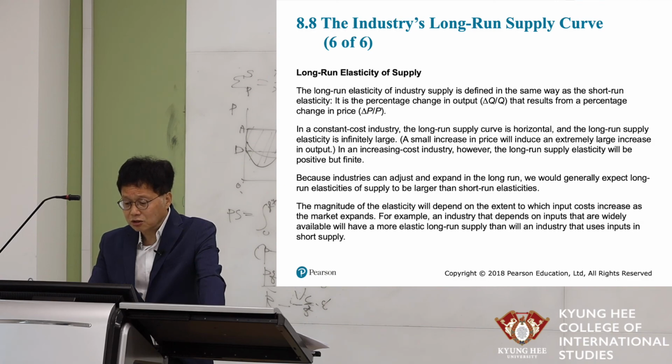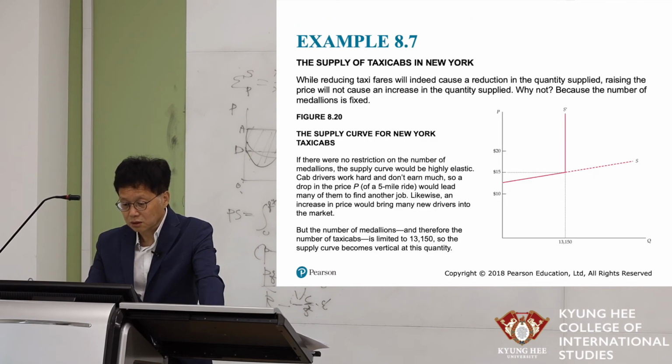Because the industry can adjust and expand in the long run, we would generally expect long-run elasticity of supply to be larger than short-run elasticity. In the demand case, same, right? The magnitude of the elasticity will depend on the extent to which input costs increase as the market expands. For example, an industry that depends on inputs that are widely available will have a more elastic long-run supply than an industry that uses inputs scarce in the short run. So, example